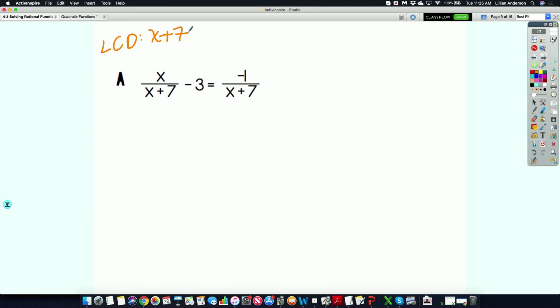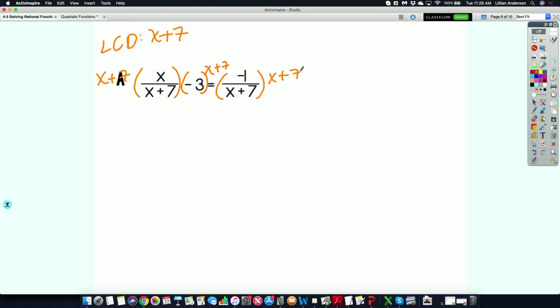X plus 7. So if you can figure out what the lowest common denominator is, you want to multiply every single term by that lowest common denominator. Every single term. Okay? Now, I'm going to show it for A, but I'm probably not going to show it for B because it's really tight to write. So if I multiply every single term by the lowest common denominator,